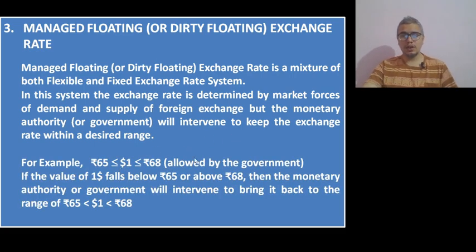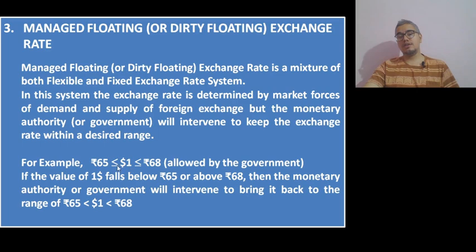Let's say the government wants the foreign exchange rate of India to lie between, say, rupee 65 per dollar to rupee 68 per dollar. Government is fine with whatever value it takes between 65 and 68. So within this range, the foreign exchange market forces, that is demand forces and supply forces, will be allowed to operate freely,